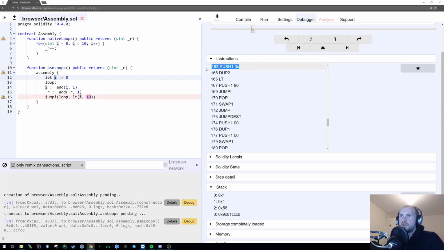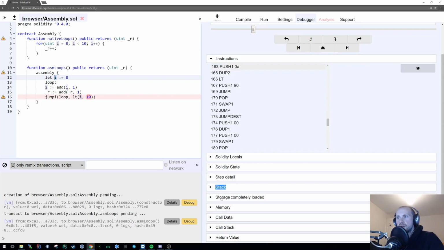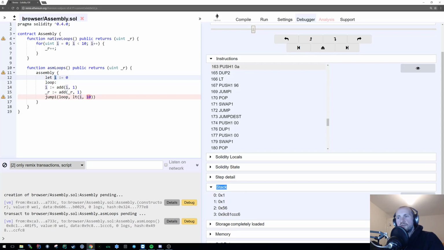The reason it's pushing the value 10 in, this is where the instruction set gets a little bit more complicated. You're seeing 0A, but that's actually the hexadecimal value of 10. So what will happen now is that 0A, or 10, will get pushed to the top of the stack. Because it's going essentially from right to left, it does the right operation first. So that's going to first get 10,